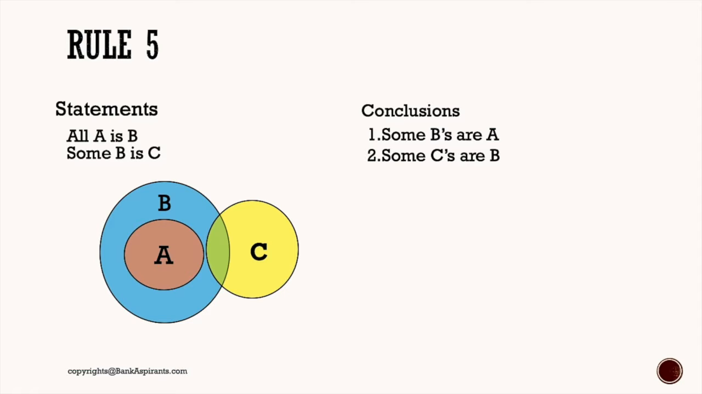So, from the diagram and from the question, it is very clear that all A is B. Only A is inside B, and some B part alone belongs to A. Okay, so these are the two conclusions for this diagram. So now,